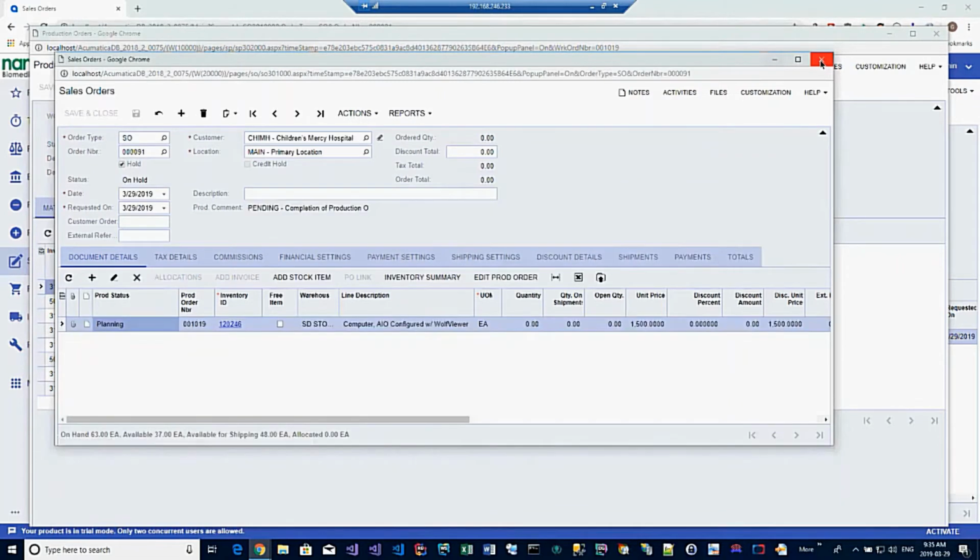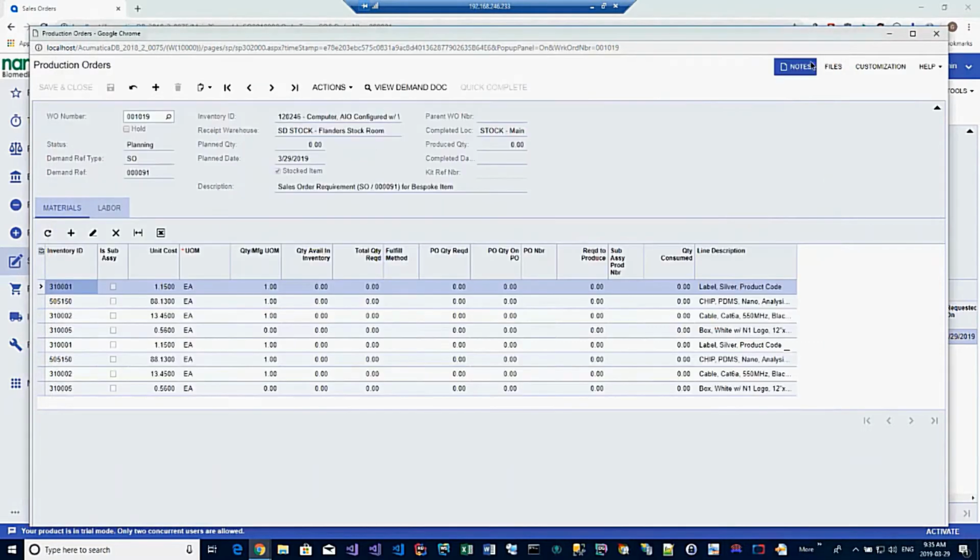This just lets me go back to my sales order. If it's a different person doing this particular activity and they want to get back to the sales order and see any notes or anything that were captured by the salespeople, there's a quick reference back there. When I'm happy with my build, I can approve the build, and when I approve the build,